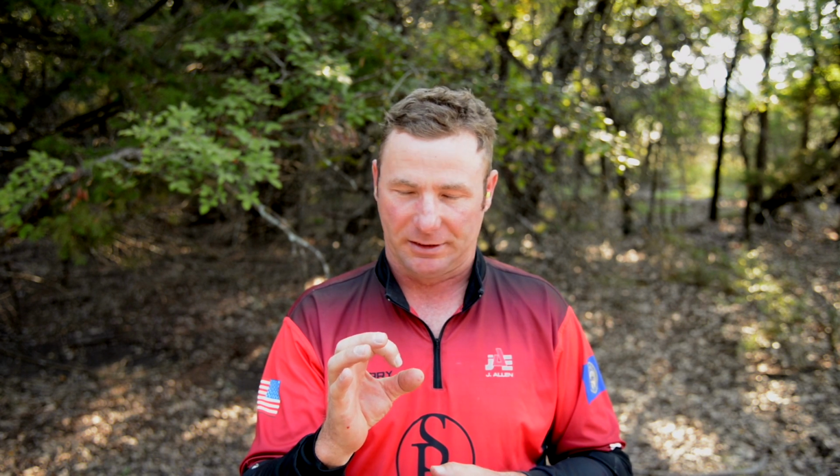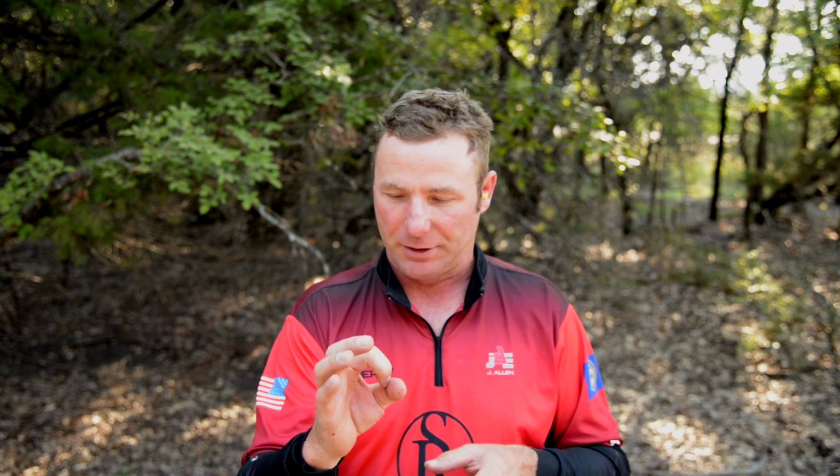Practice a lot. I like to practice at 100 yards off barricades. I shoot at 1-inch dots, and I try to tighten up my group size. If you're shooting at steel, you can't really tell what your group size is. If you have a miss, you don't know if it was 1 inch off or 5 inches off. But if I shoot at paper, which kind of seems like work sometimes,